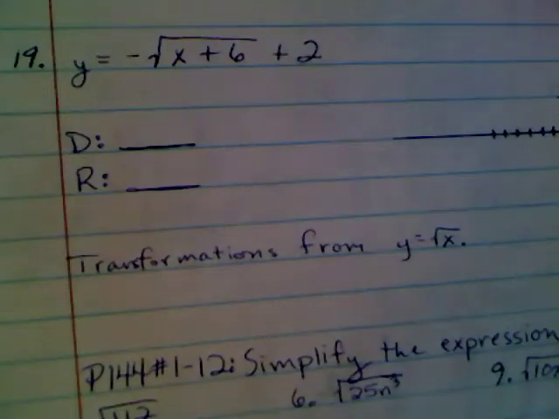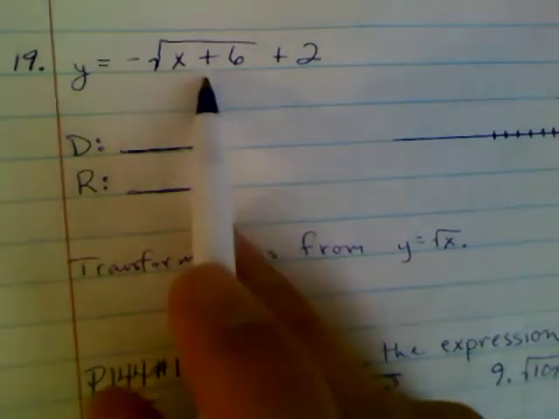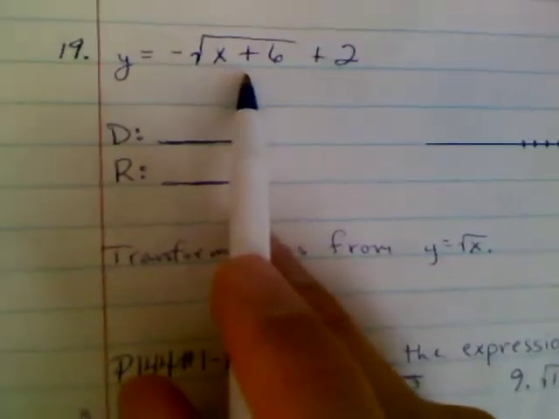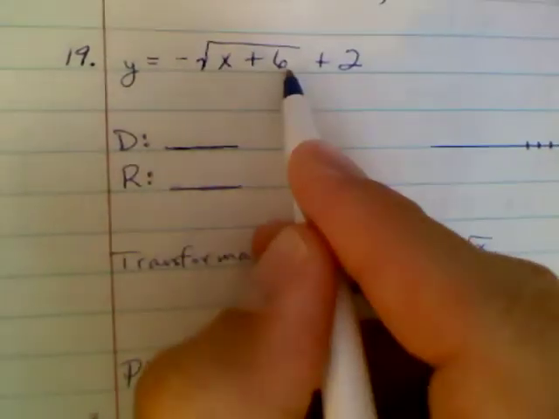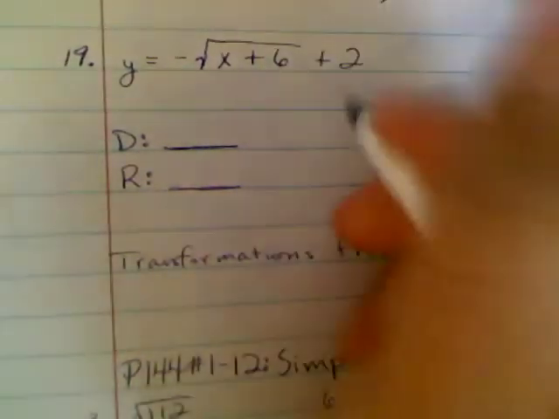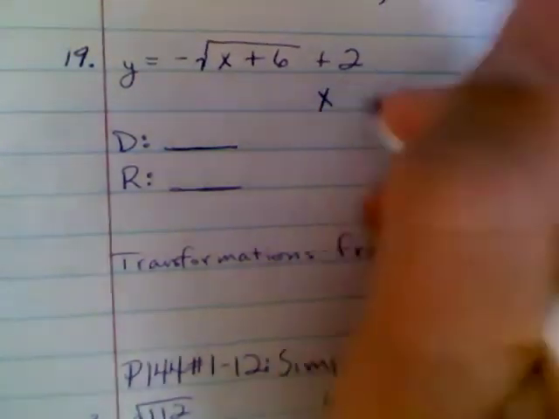Okay, this is a continuation of page 141, numbers 16 through 21. I wanted to walk through number 19 with you. And instead of doing my table by hand, which we can always do, you start the table by choosing your x values. Your x values are going to be, you set the inside of this equal to 0. So your x values would be